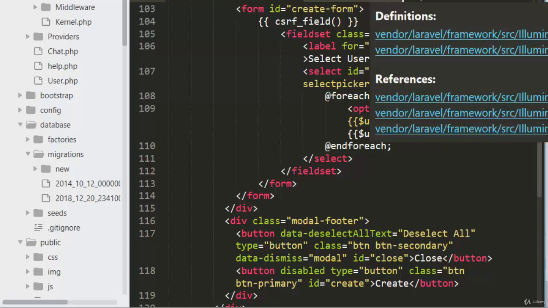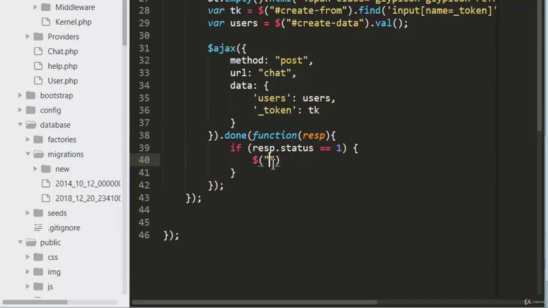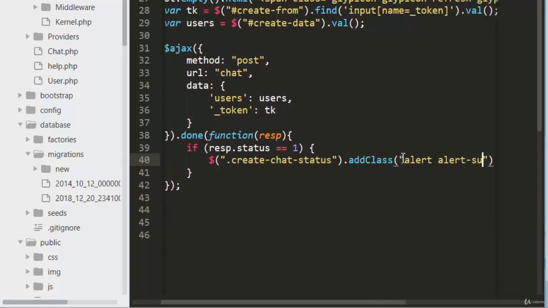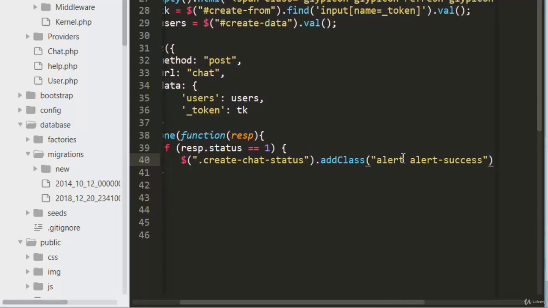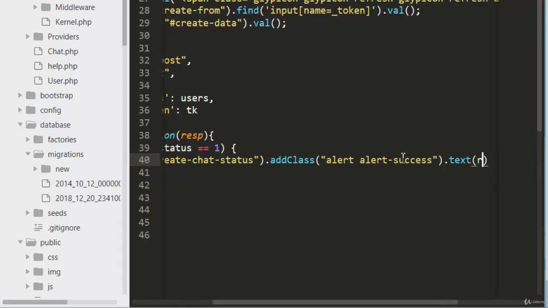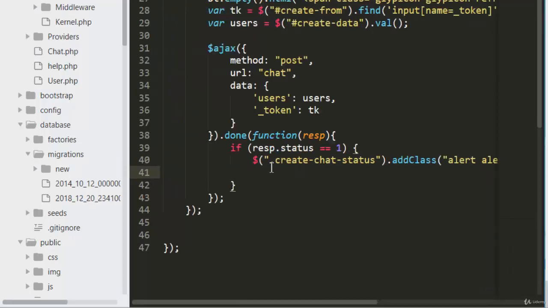This is what I created it for, the message. So we will add class alert. It's a Bootstrap class. Success, text would be resp.txt,